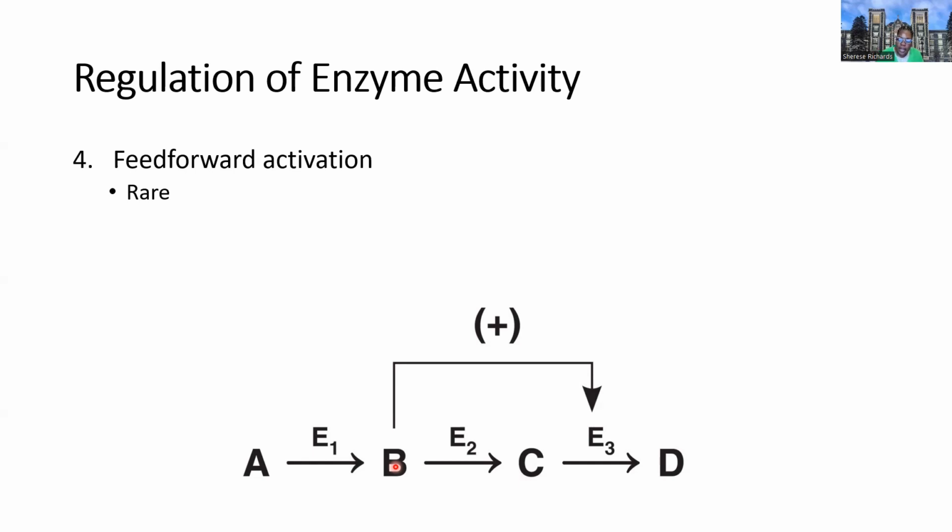So in order to clear that substrate, we can feed forward and tell an enzyme that is upstream in the process or upstream in the reaction to increase its rate of catalytic activity so that it can clear the substrate C to D, and therefore enzyme 2 is going to further catalyze and eliminate the excess B and catalyze that into C. So feed-forward activation is another example of how enzymatic activity can be